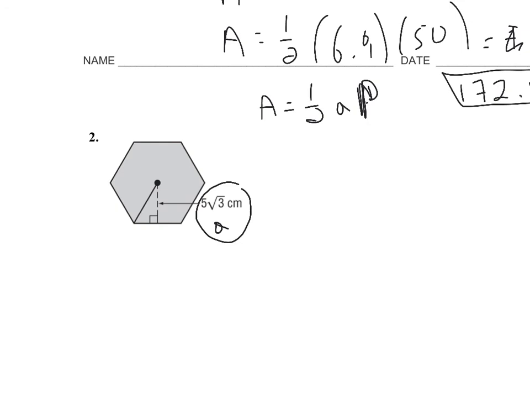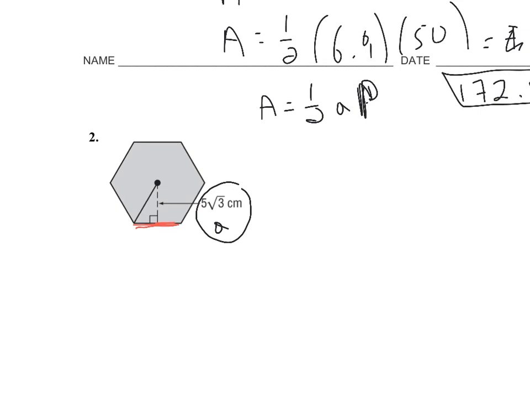Now the question is, how long is this segment? Because I need to know the length of the red segment in order to find the perimeter. If the red segment is 10, the perimeter of this regular hexagon will be 60. 5 times 6. Okay? I'm sorry, 10 times 6. So,